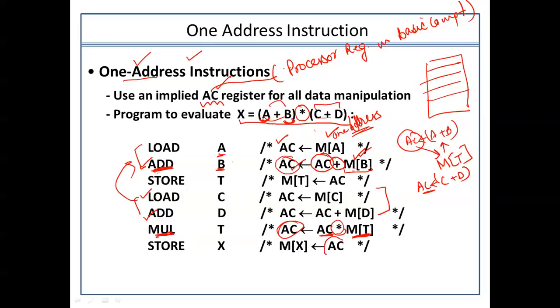And lastly, this accumulator register may be used for any other operations too. That's why it is not holding the exact value of this X function for a longer period of time.